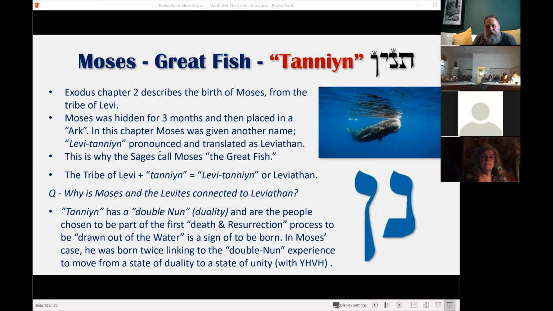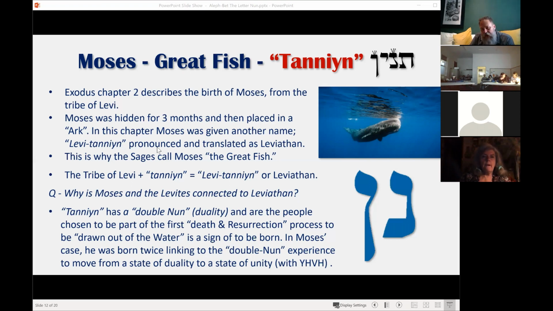So Moses actually means the reversal process to get back to Hashem, or to get back to Yahweh. And the process is to go into an ark, or into a hidden state for 3 months prior to that being hidden. And that connects to the 3 days that Yeshua was in the grave. And then he was raised from the water, or brought forth from the water, which gives us his name. And that is basically what the birth or the rebirth process represents, which we also know as the mikvah.